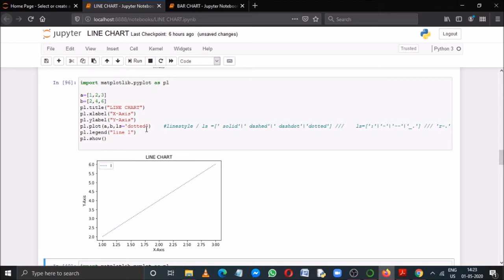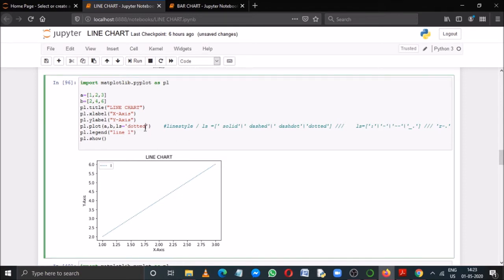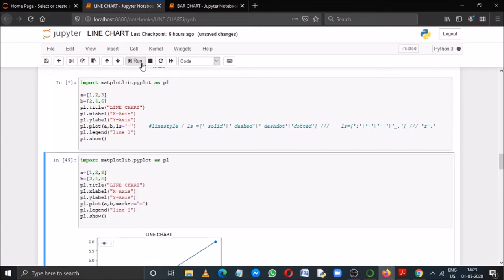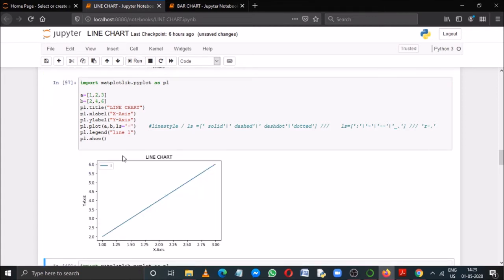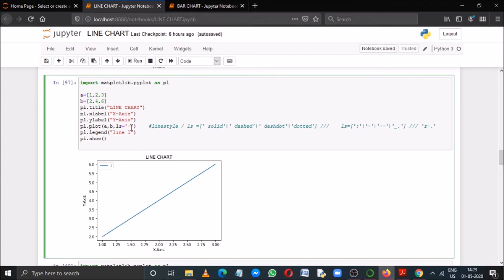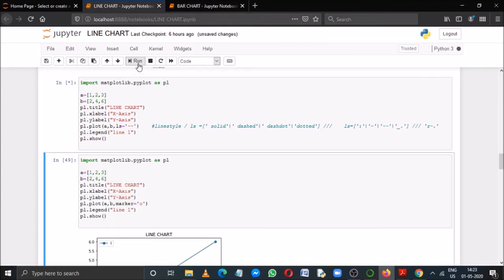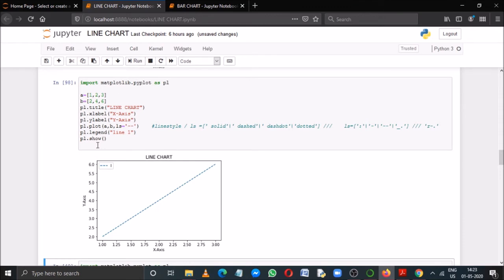Now instead of passing these keywords, you can always pass the shortcut formats. Suppose if you give a single dash, then the line will be a solid line. If you give multiple dashes, that means 2 dashes, then the line will be a dashed line.